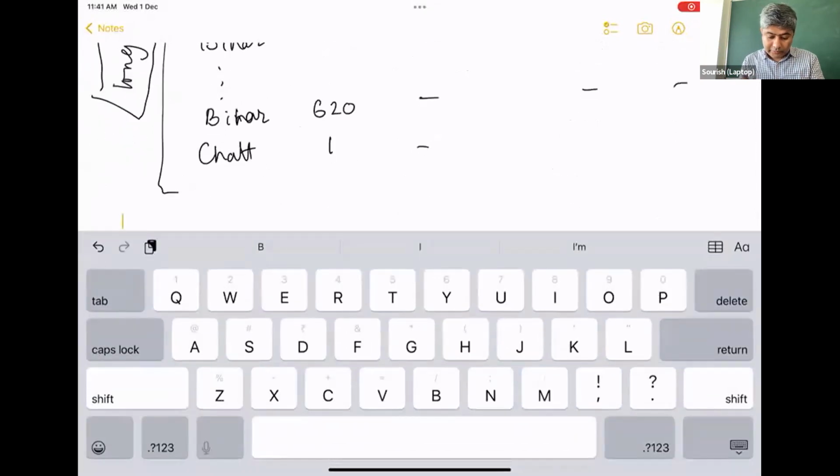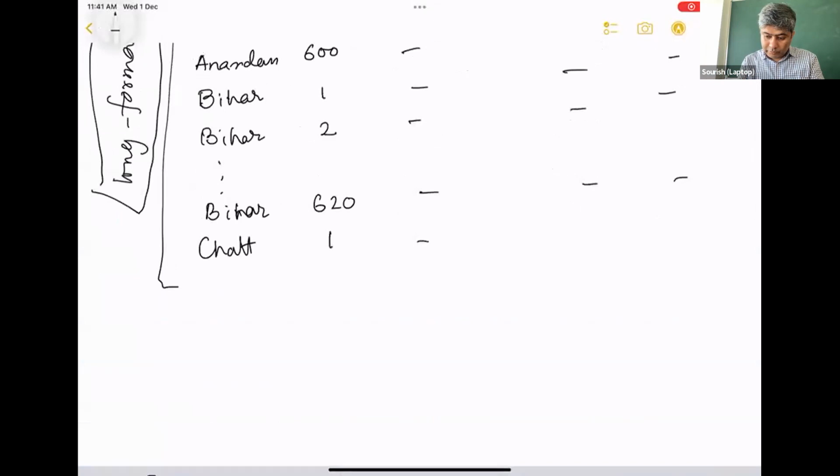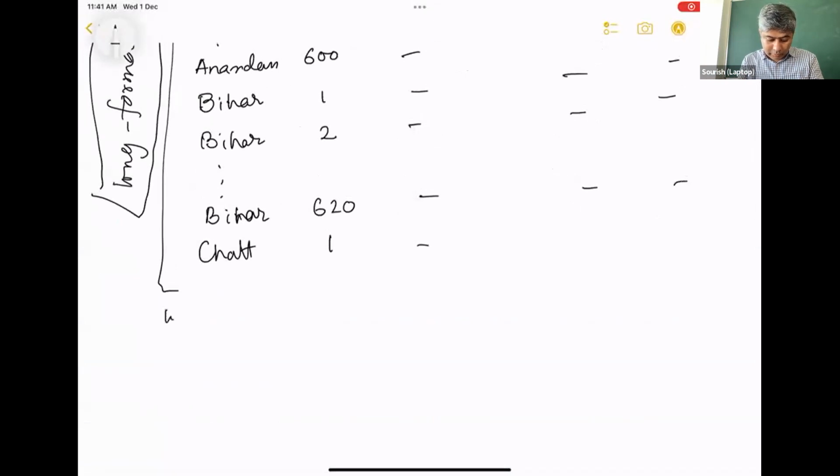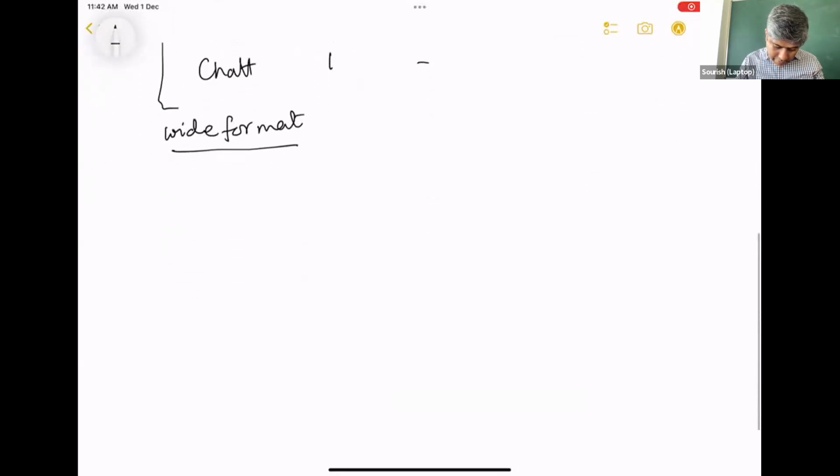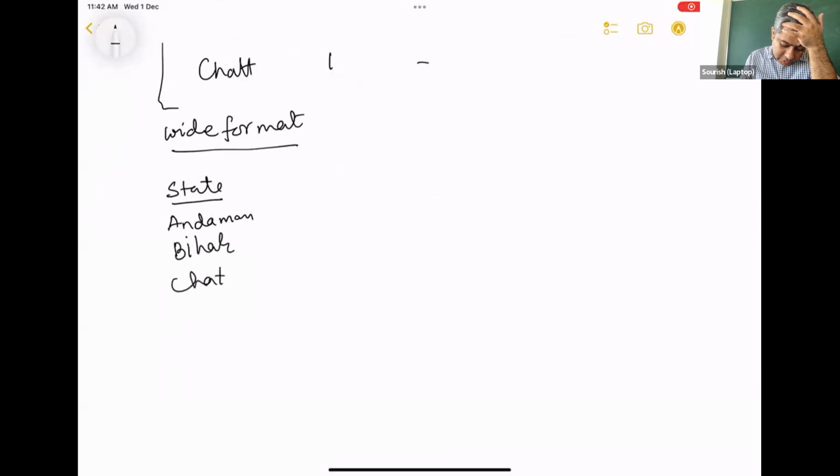So wide format: for each state, say Andaman, then Bihar, then Chhattisgarh, all this way.